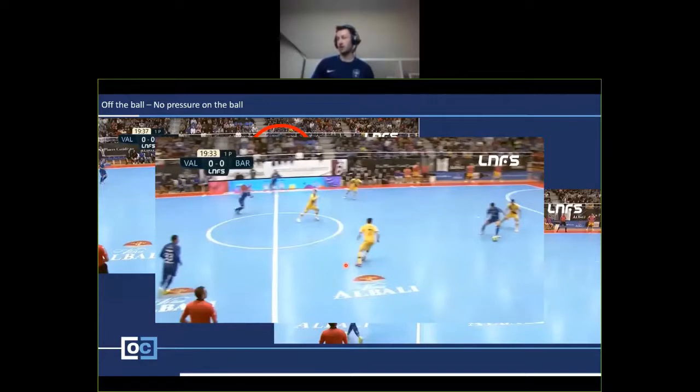So yeah, as I was saying, if you're playing against a deep diamond, the pivot, I think it's probably better to try and get in the corners and stretch the game to create the 3 players against 3 players scenario in the center of the court. That way they can try and use the numerical advantage. Alternatively, the pivot can come around and act more as a false and work in that 4-0 as well. Again, just options. It really is dependent on the scenario. But ultimately, if we're talking about a deep diamond, we're saying that the space in the middle of the court is going to be quite constricted. So the pivot has to come out and look for the ball in different positions.